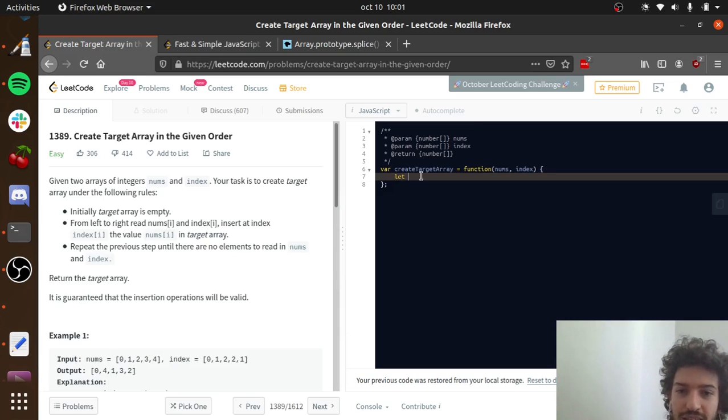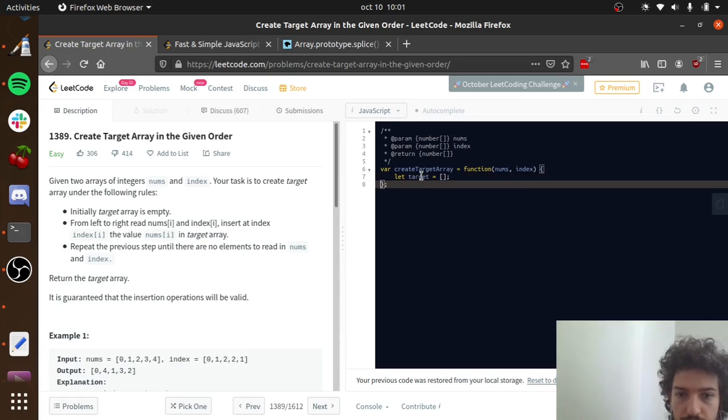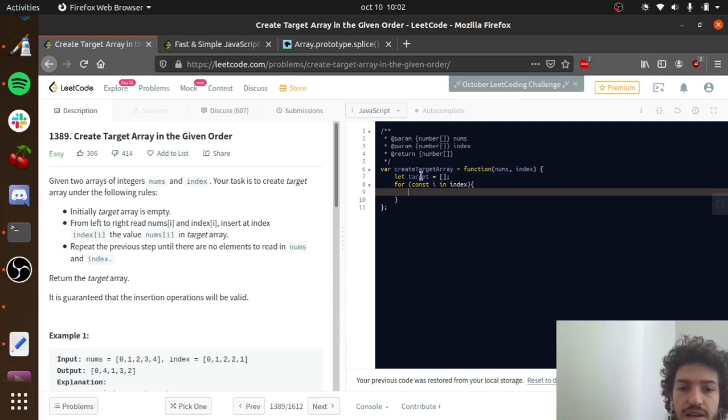And then target equals to nothing, and then in a for loop I'm going to do index in index. So this is like const index in index. I just open, and here I'm going to use a splice. So target dot splice,